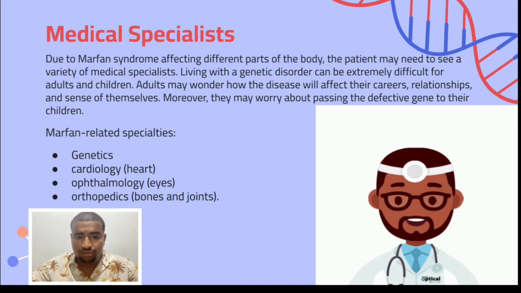Later, we have the orthopedic doctors, sometimes called orthopedic surgeons, who are doctors who focus on caring for your bones, joints, ligaments, nerves, and tendons, the tissues that connect bones and joints. These parts of your body are also referred to as your musculoskeletal system. Many patients with Marfan syndrome have problems with their musculoskeletal system, and that is why they have to go to an orthopedic doctor. And the most important and last,